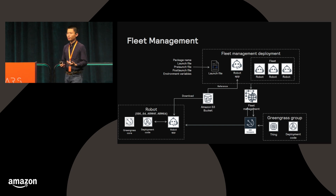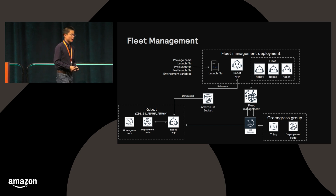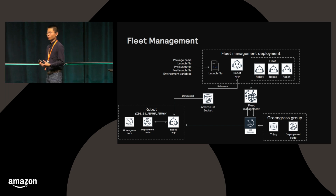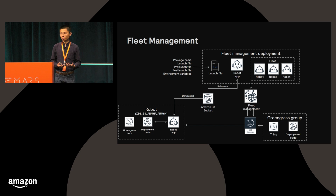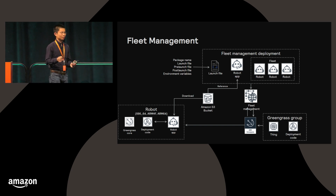And once you've done that, it'll get connected and registered with the RoboMaker service. And then you can organize robots by different fleets. You can have a test fleet so that you can deploy the application onto the testing fleet before you go to production. And once you launch or initiate a deployment job from RoboMaker, it'll send a deployment message